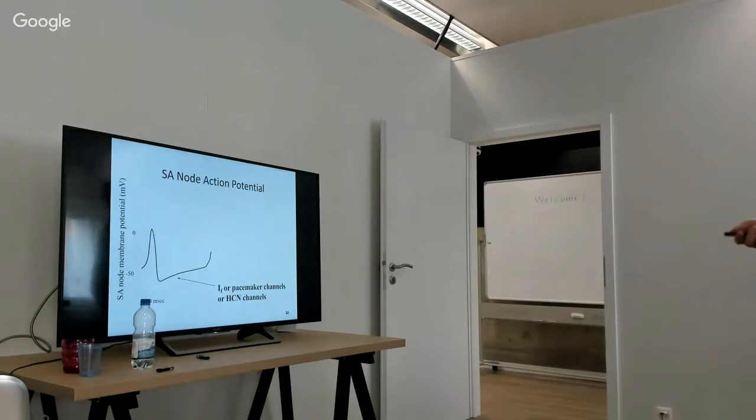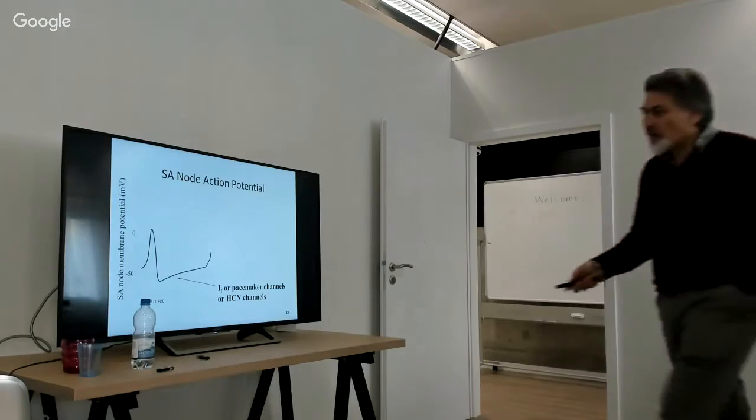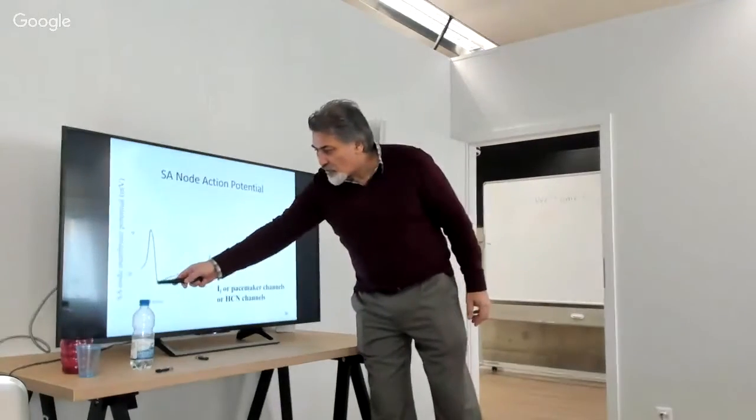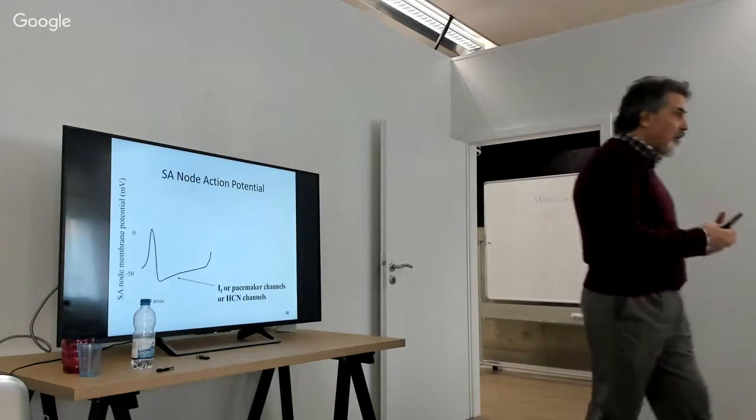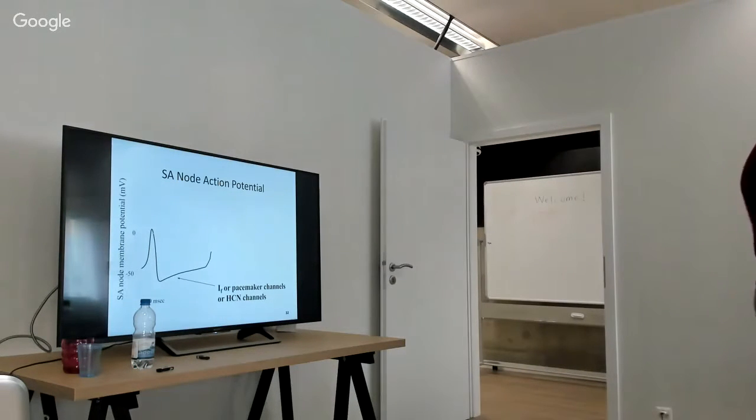And why funny? Because he was studying the property of this cell and discovered that in the moment of hyperpolarization, the moment that the cells are going at the lowest potential,